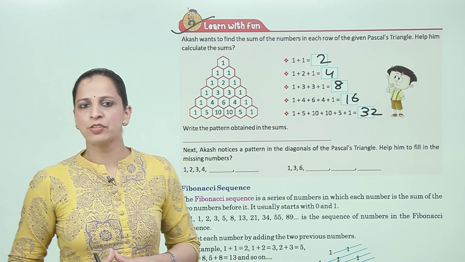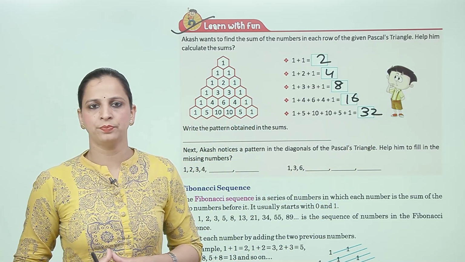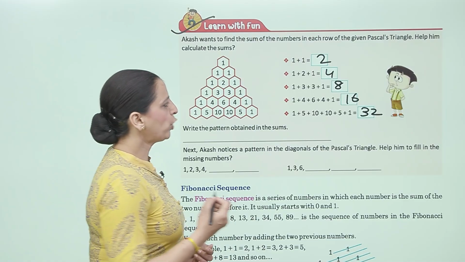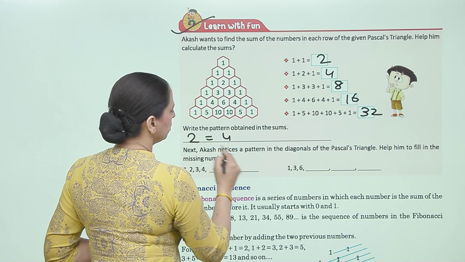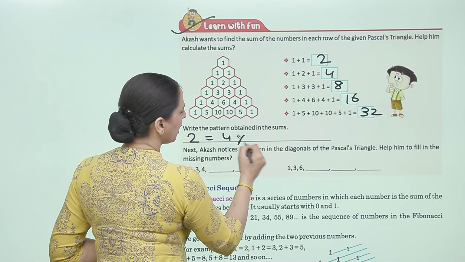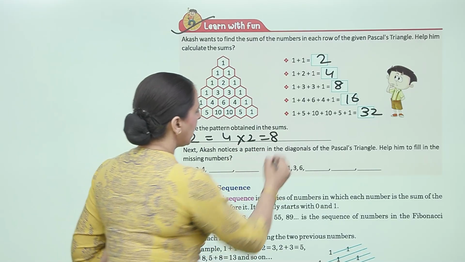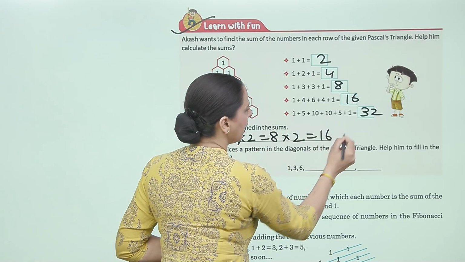Now write the pattern obtained in the sum. That is 2, 4, 8, 16. Double is 2, double of 2 is 4, double of 4 is 8, double of 8 is 16, and double of 16